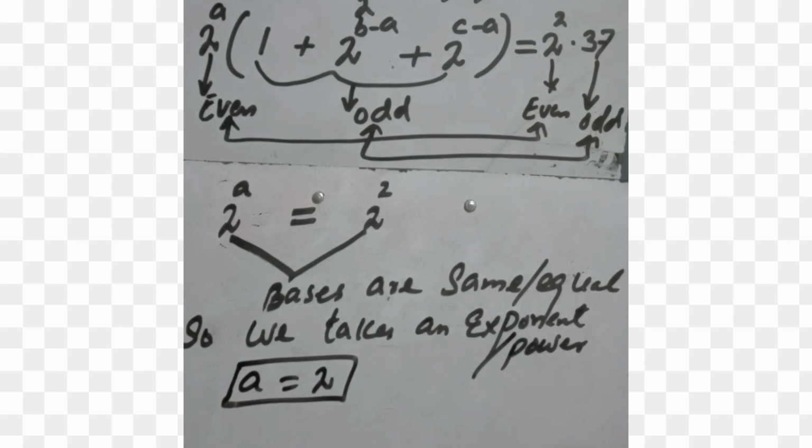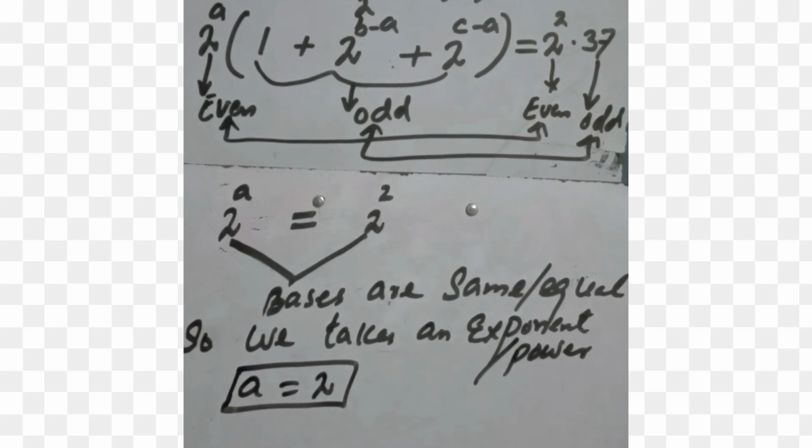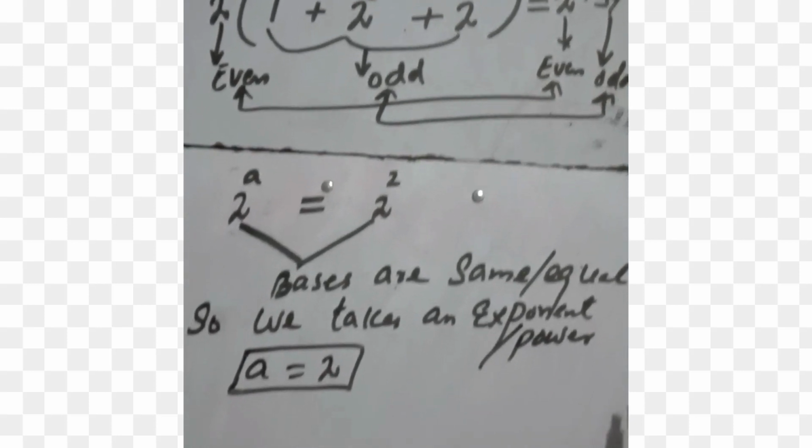Exponent or power. So we get here the value of a is equal to 2. One result we get according to the condition a less than b less than c is required. Now we compare the odd numbers of the same question, so the odd number is that 1